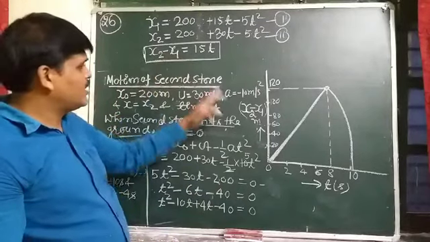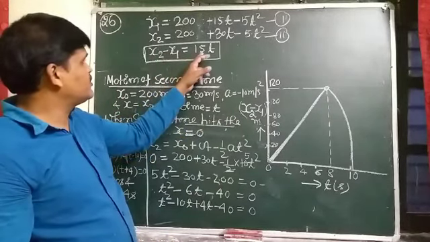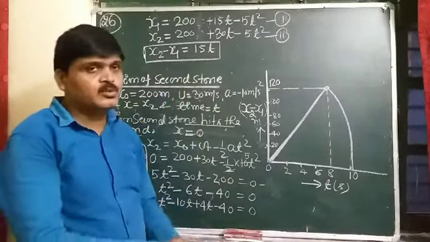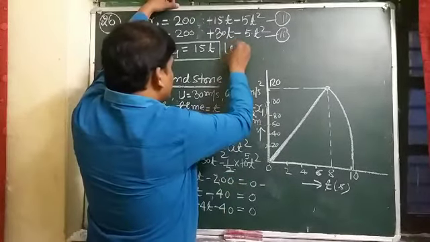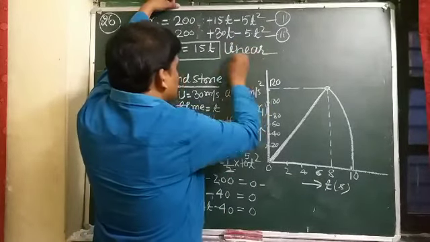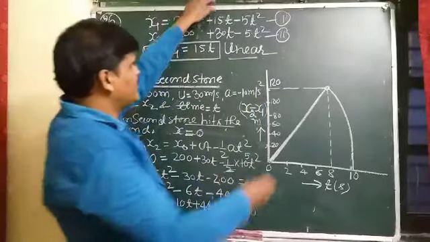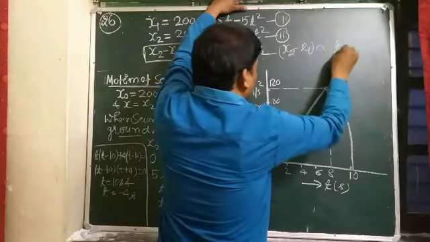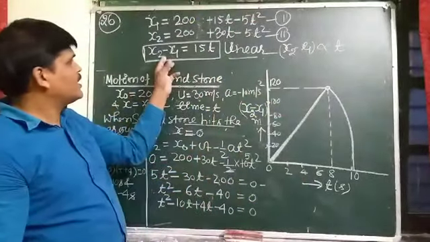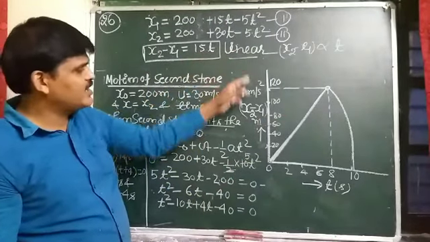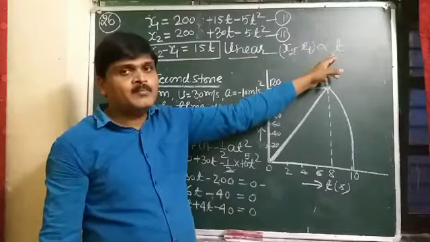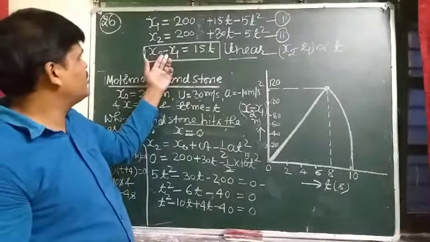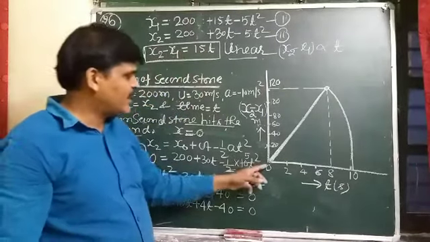And student, this x2 minus x1 equal to 15t equation shows the linear relationship with what? Time. So if you plot a graph between x2 minus x1 with t, by increasing the time,